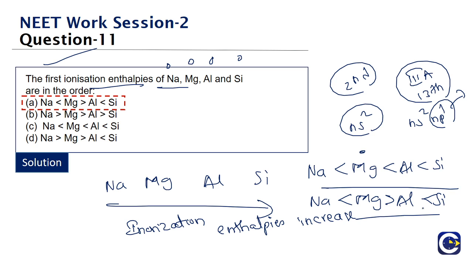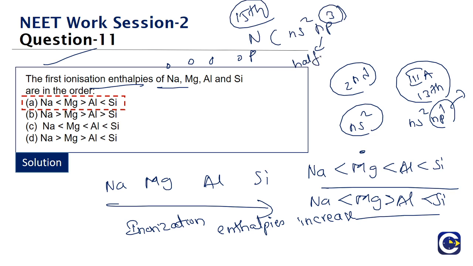This is the anomaly of ionization enthalpy between the second group and 13th group. Remember, we have one more anomaly whenever we are moving in a period, right, between the 15th group and 16th group, because 15th group elements are what? The elements that will have ns2 np3, like nitrogen, phosphorus, they will have what? ns2 np3 structure. Here this np3 structure is a stable half filled p structure. Okay, so that is the reason why the removal of electron will be relatively difficult. So here also we'll have the anomaly.